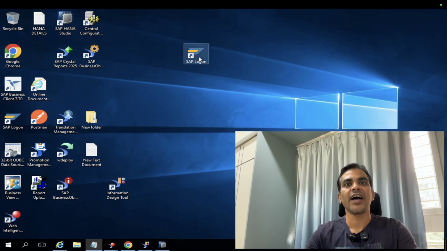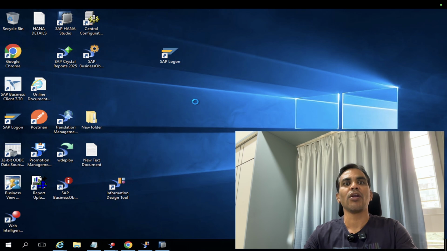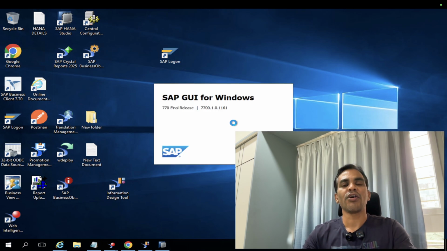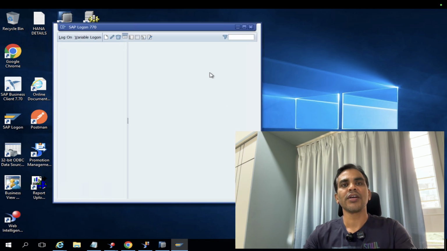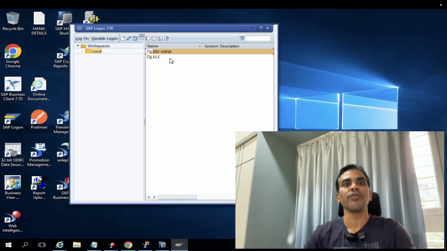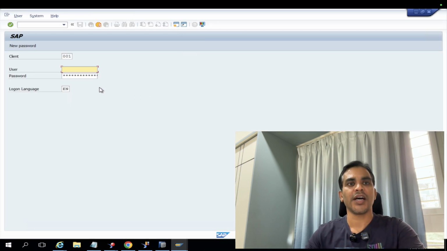So this is the SAP remote server. You can see we have SAP Logon, so just click on SAP Logon. Once you click, you will see under GUI one option called BW on HANA. Just double click on this. This session is very helpful to practice BW on HANA or BW, right? So here I am going to